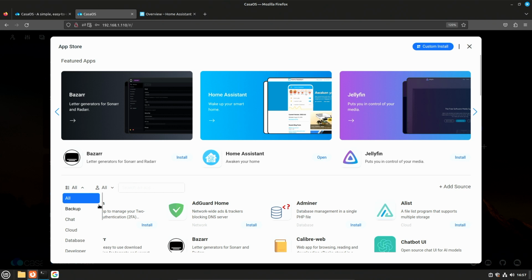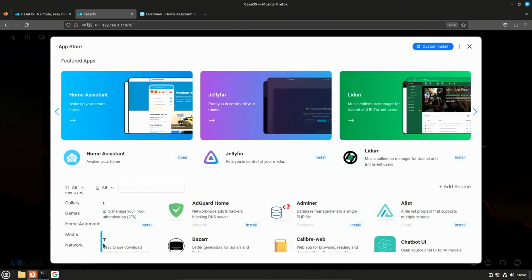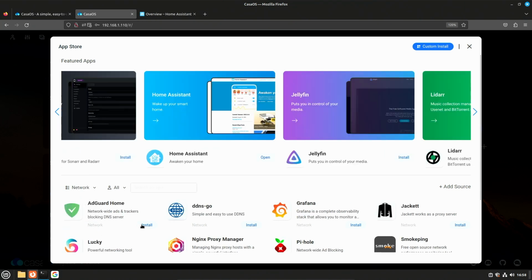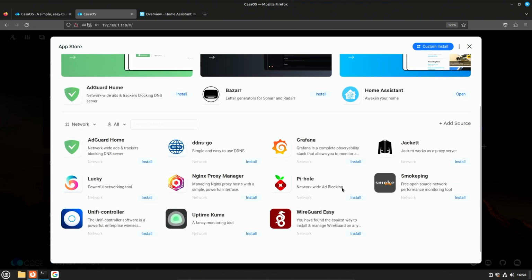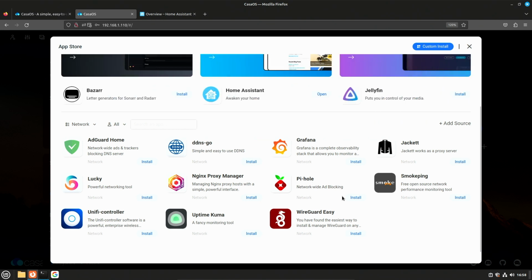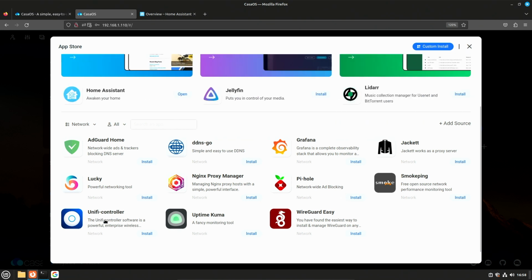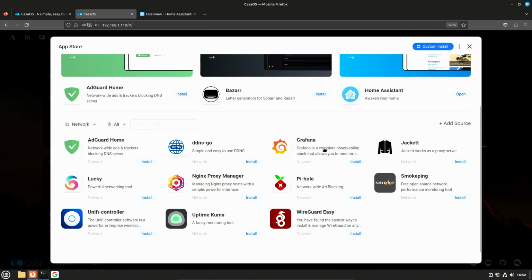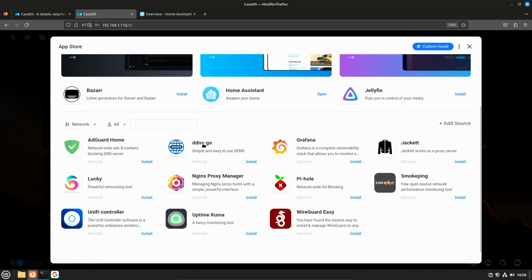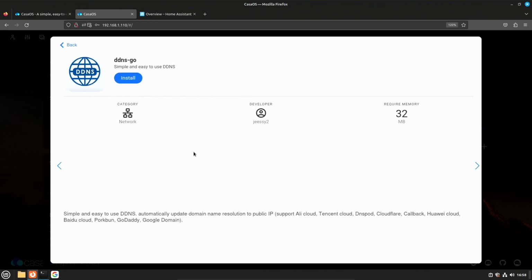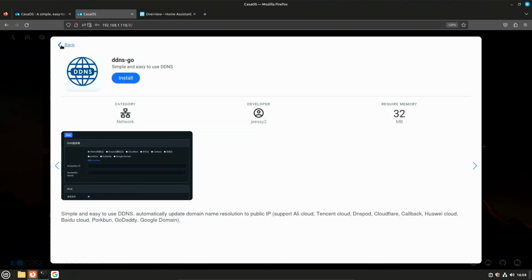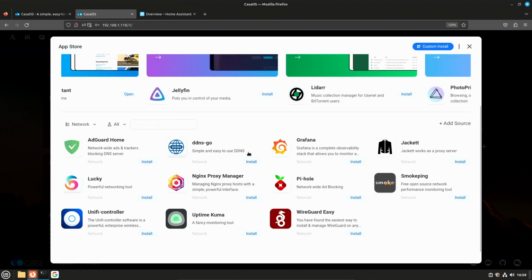Oh, interesting. Look at that. A lot of different stuff. Network. Let's see here. So you've got Pi-hole if you want to do network-wide ad filtering. You can have a UniFi controller here. As you can see, we have a lot of different options on different things we can install. So we could look at this and, you know, that's something we could do. Not really ever heard of that before, but it is there.